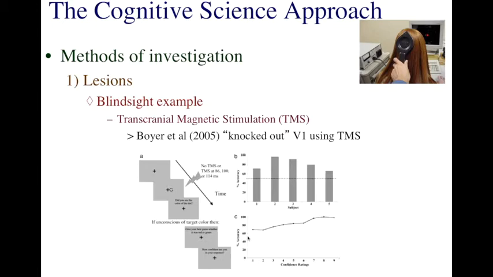But in fact, again, if we look, 50% accuracy here is chance. If we look at their confidence ratings across the range of very unsure to very sure, we can see that in all cases they're performing well above chance. And the relationship between their confidence and their performance is quite low. This is an interesting experiment because it appears to be creating blindsight in a perfectly normal participant using this interesting transcranial magnetic stimulation technique.